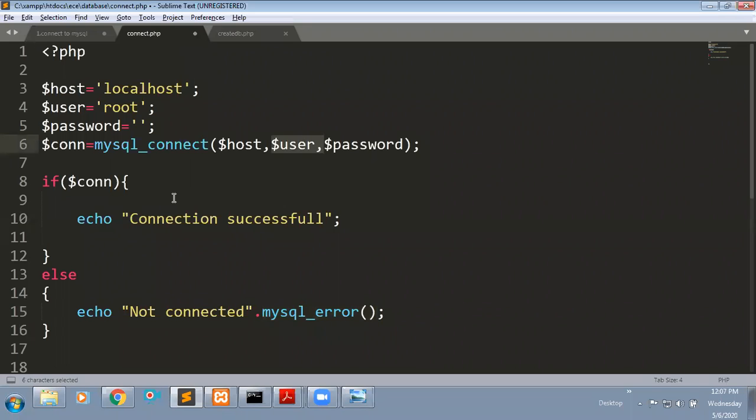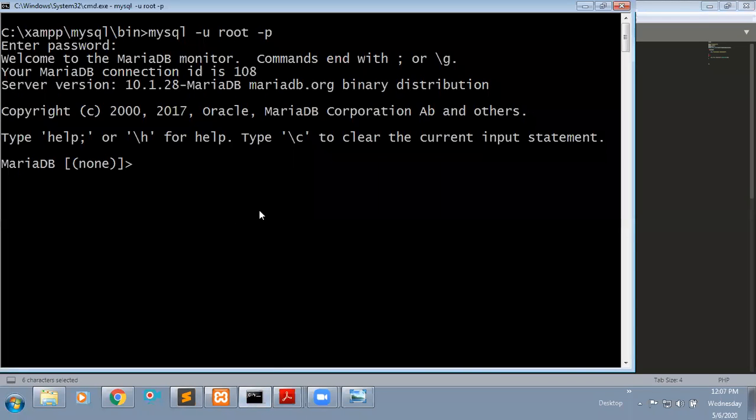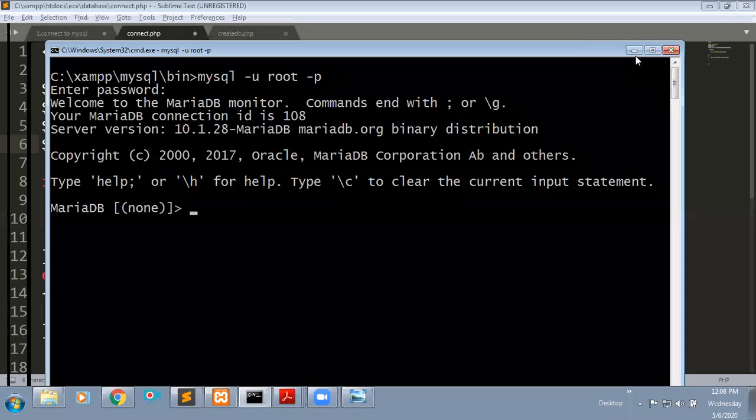Then I want to create one database within the MySQL server. In the previous case, we did all these things by using the command prompt, right? Instead of the command prompt, as a PHP programmer, you need to create everything by using a PHP file only.